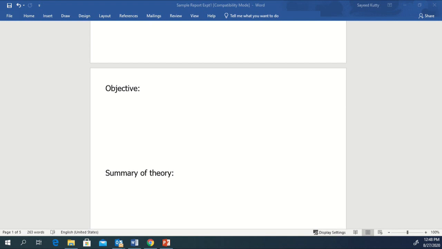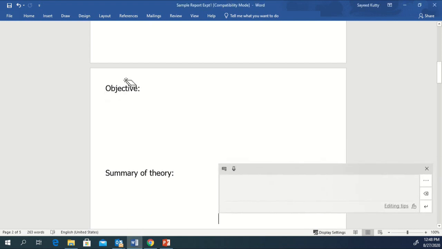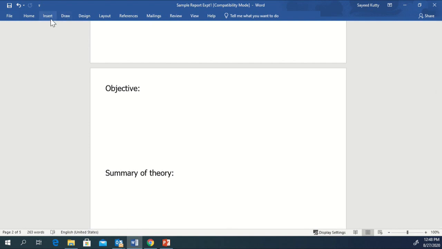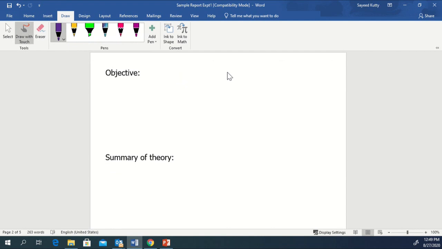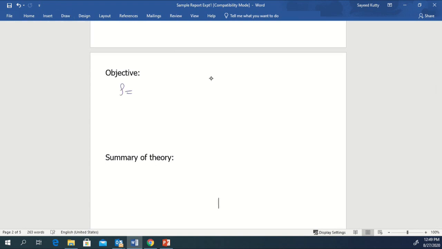That means we need to do it in a physical way. How can we do it? We can easily identify the material once we know its density, because density is a unique value for every material. So we can easily identify the material from its density, right? We are going to reach our goal by knowing its density. Now we know that density is given by the mass of that cylinder divided by the volume of that cylinder, right?